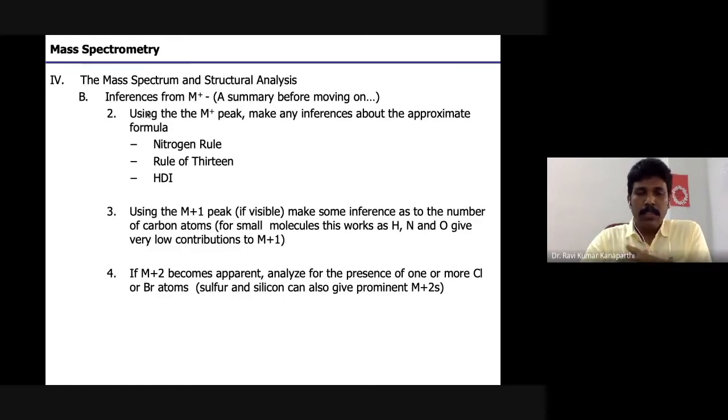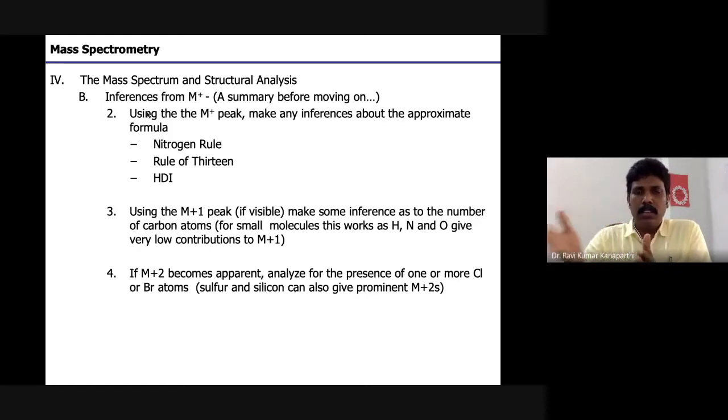And the rule of 13. You can just apply the rule of 13. It is helpful to find out the homologous series molecular formula. And of course, you can also apply it to different mass fragments and try to derive some molecular fragment chemical formula. Okay, you can apply it to the molecular ion, or to any fragment peaks that you see in the mass spectrum. What you have to do, basically, is divide by 13, right?